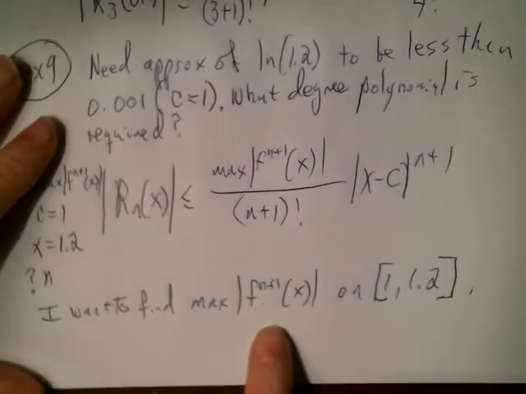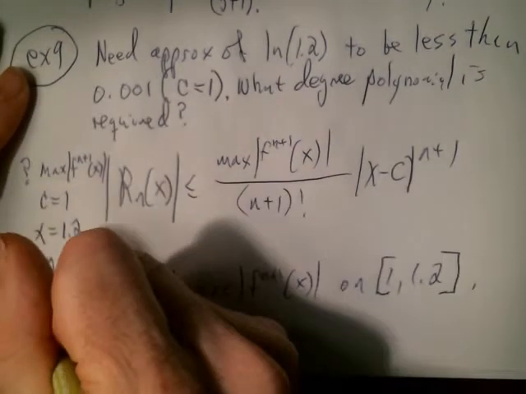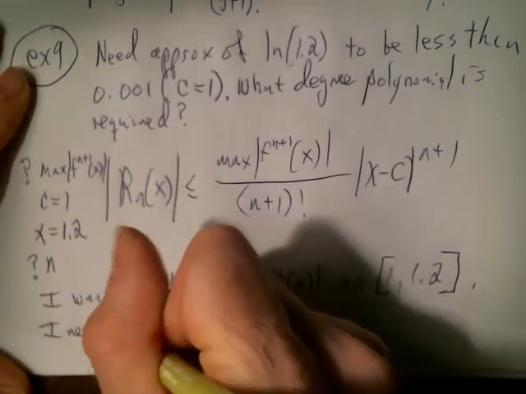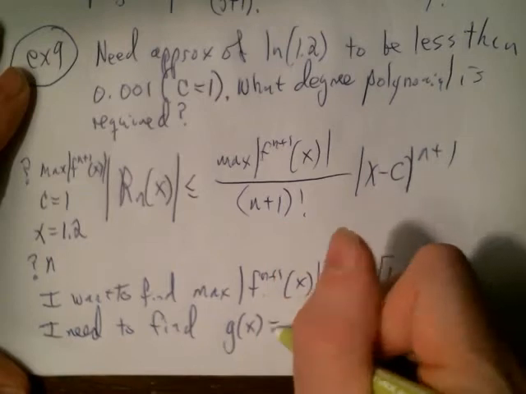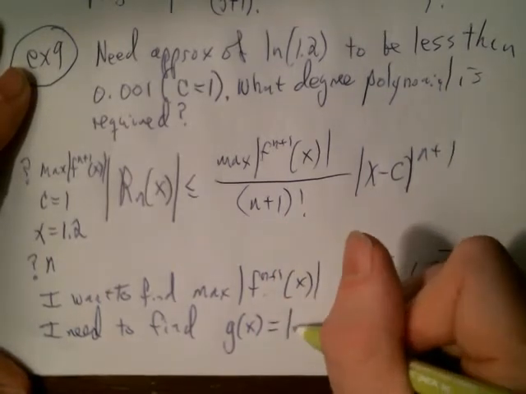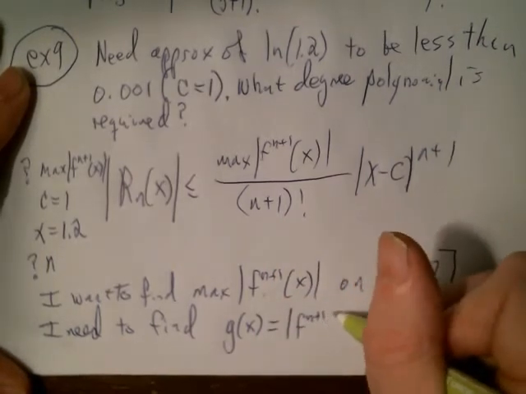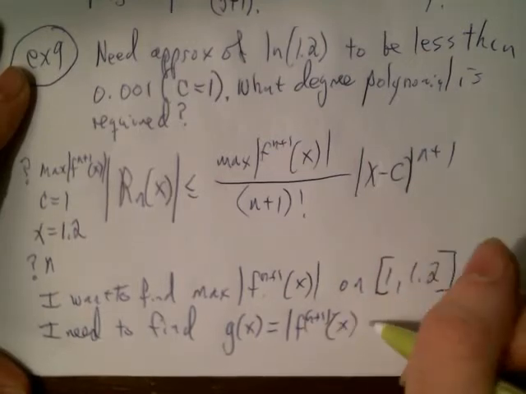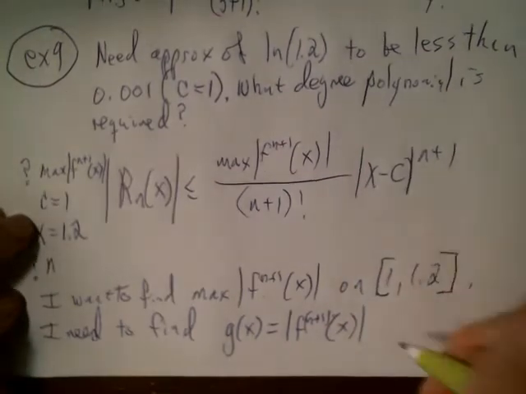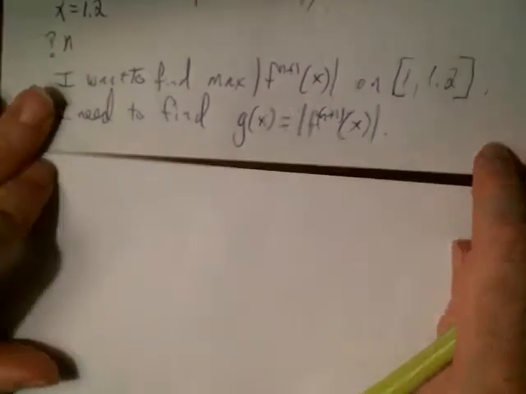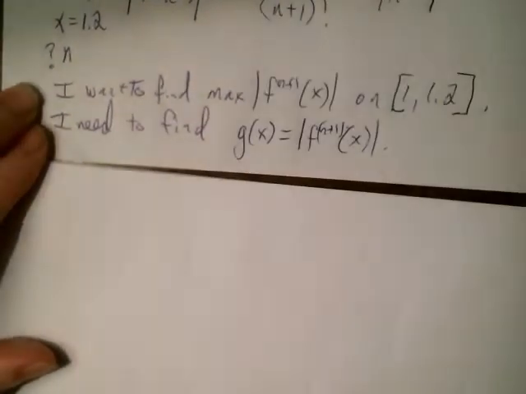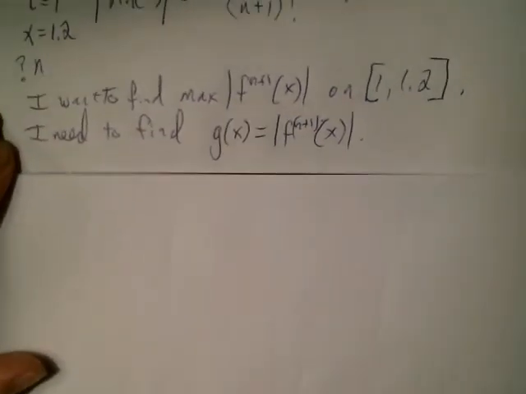So I need to find this g of x function, which is equal to the absolute value of the n plus first derivative of f. Okay, so what I'm going to do is kind of just look for patterns. Discrete math, what do they call it? I forget what they call it. An iterative method, maybe something like that, to finding